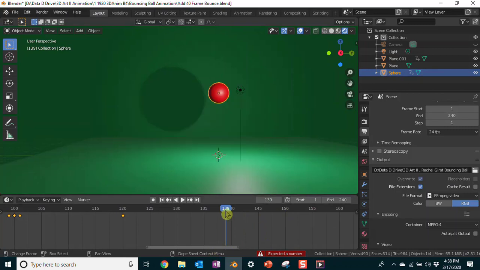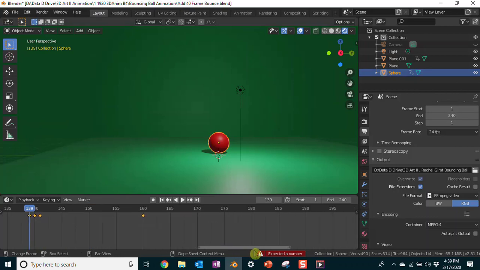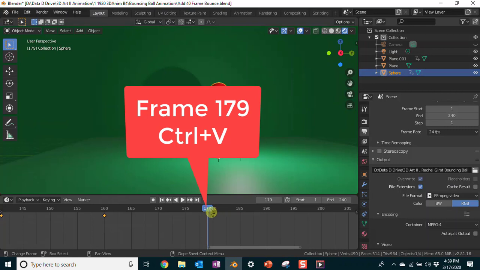Expected a number. Whoops. Control V. There it goes. Okay, it ends at 160. So next we're going to go up to 180. So 179 is one below that. And hit enter. Click on the blue part and then Control V